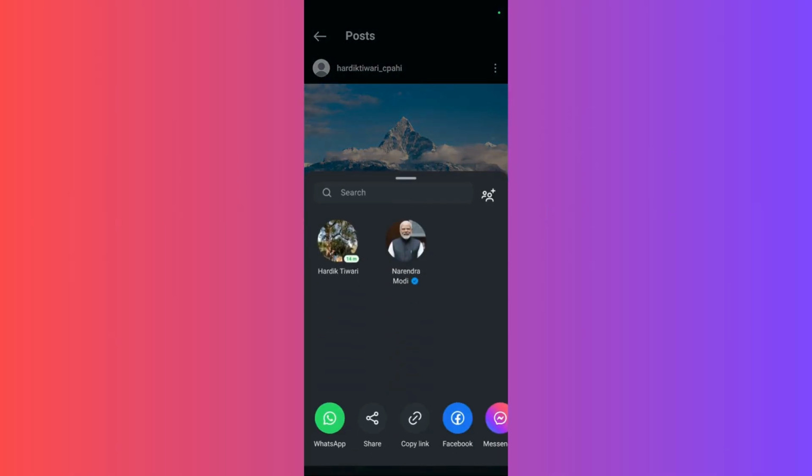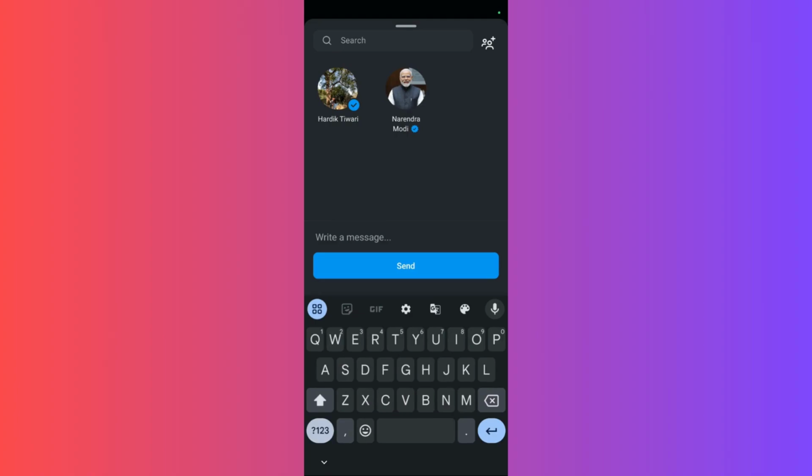Click on the send icon and simply choose the recipients to whom you want to send. You may also choose multiple recipients if you want to. So here you can see I have selected this recipient, and you may also write a custom message if you want. So for example, I'm writing,